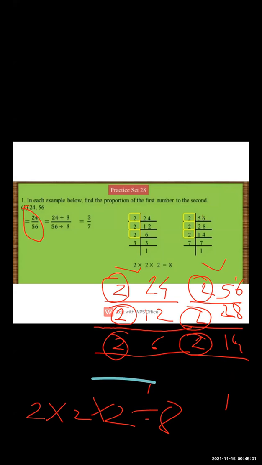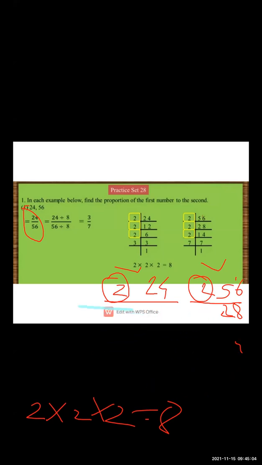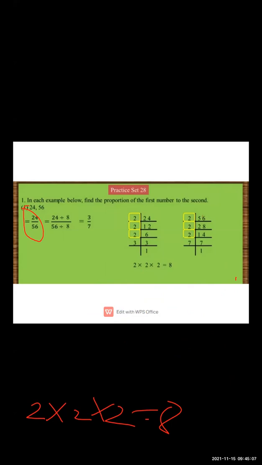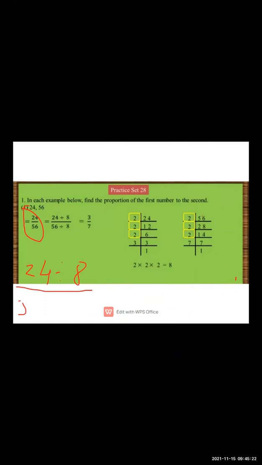Above it has been done, so I am rubbing it so you will understand it very clearly. Here it is done. So here we got the answer, that is 8. So here we will write 8. That is 24 divided by 8 upon 56 divided by 8. So here 8 in 8 table 24 is going. Yes, that is 8 3s are 24 and 8 7s are 56. Here we got the answer.